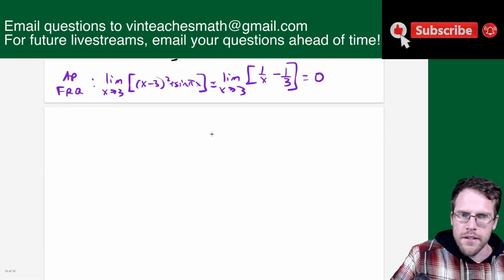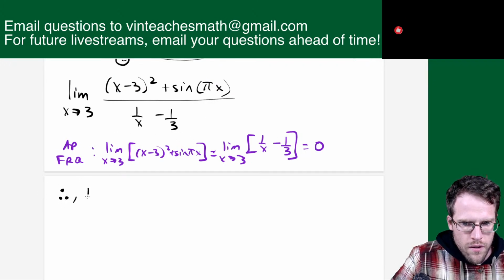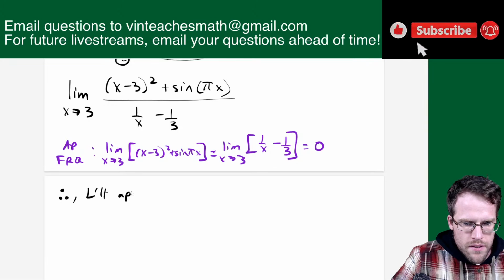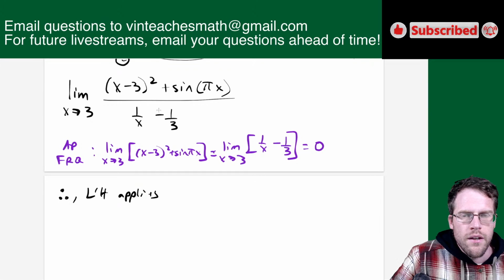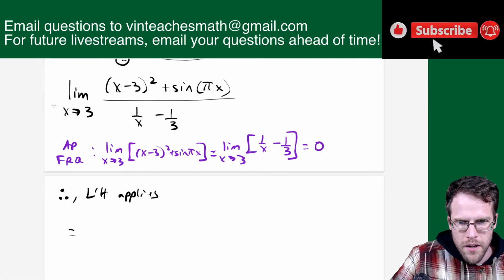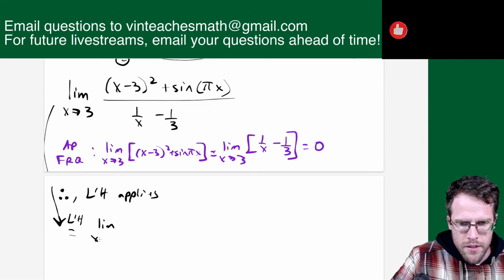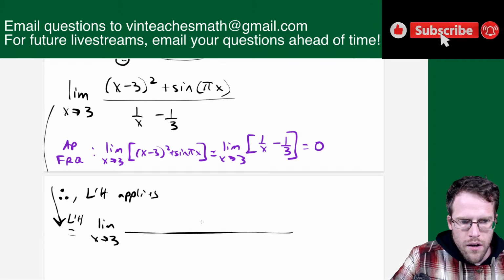That's a common mistake, people just get excited and they L'Hopital everything in sight. So I could say, therefore, L'Hopital applies, because we're showing that the limit is in indeterminate form right now. So now we say the limit, I'm not going to rewrite that, I'm just going to move it over here, is equal to, by L'Hopital's rule, the limit as x approaches 3 of,